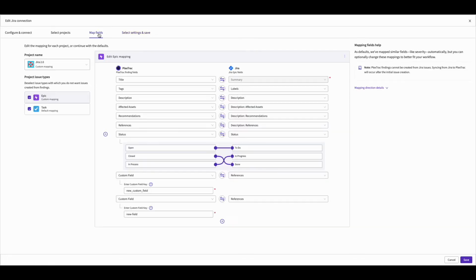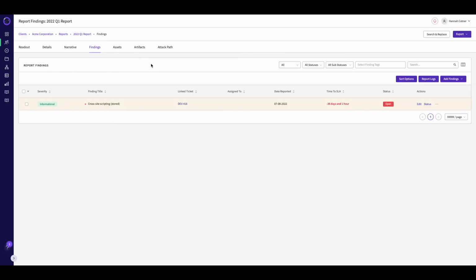We're excited to introduce this bidirectional and fully configurable integration so that you can meet the needs of the teams you work with, break down those communication silos, and connect with them in a workflow or process that works for them. Now that our Jira integration is configured at the admin level, as I said, this is leverageable to your